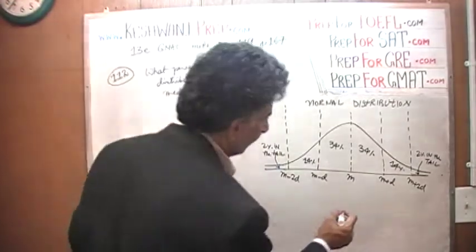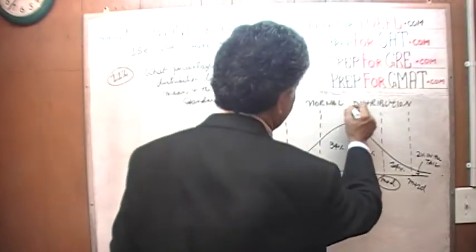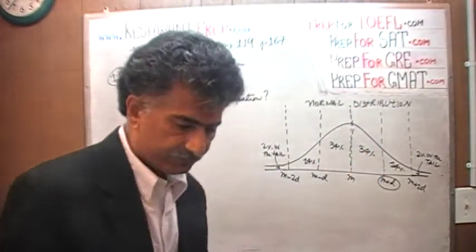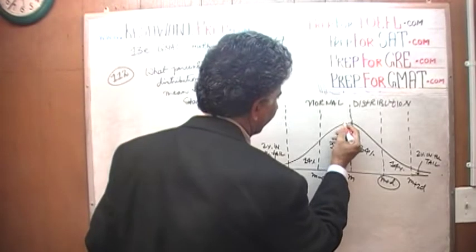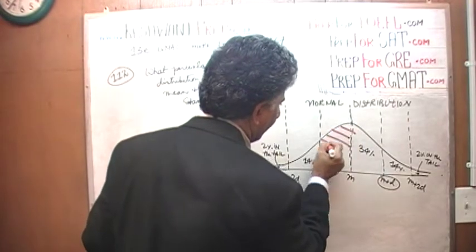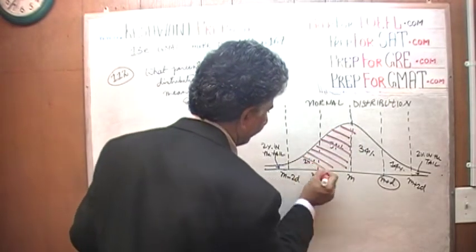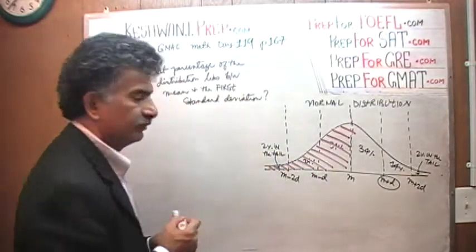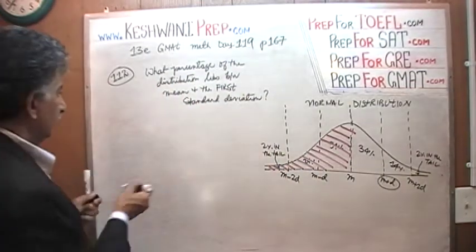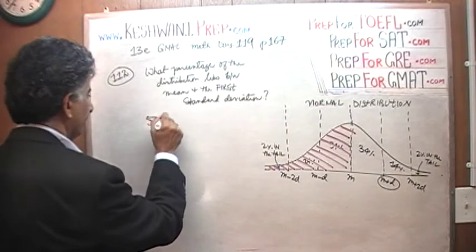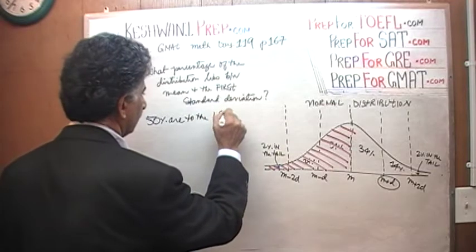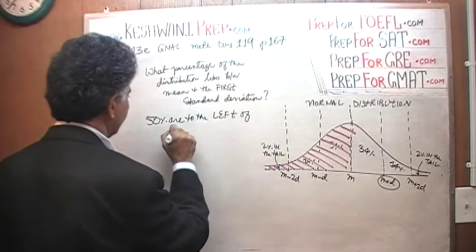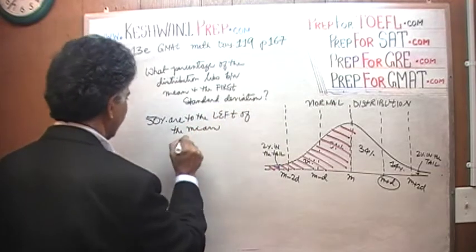The question is, how many observations are going to lie below the first standard deviation? The first standard deviation is right here. Well, first of all, this is the middle part, which means 50% of the observations are to the left of it. So 50% are to the left of the mean,